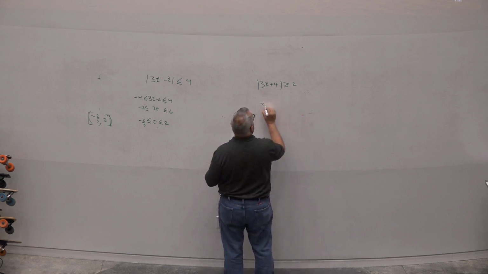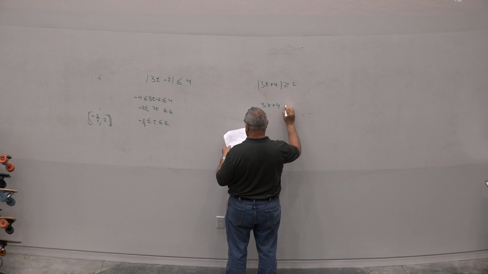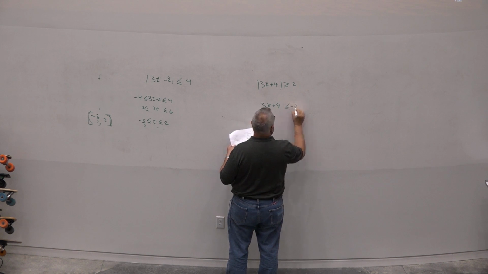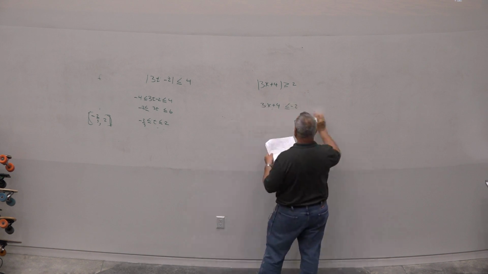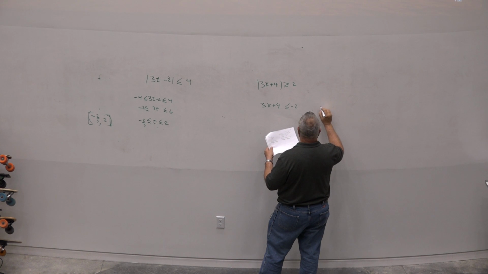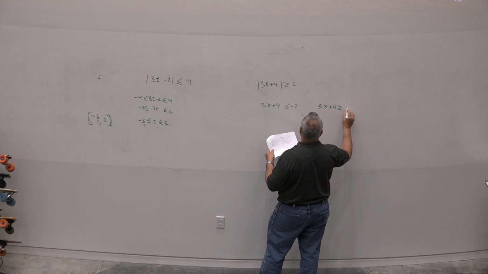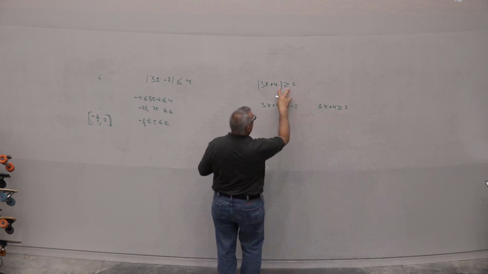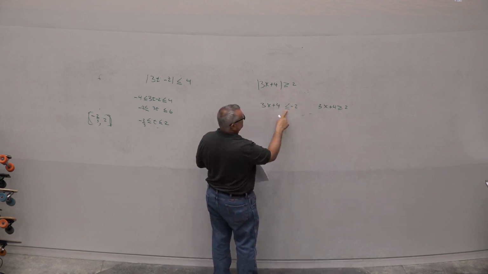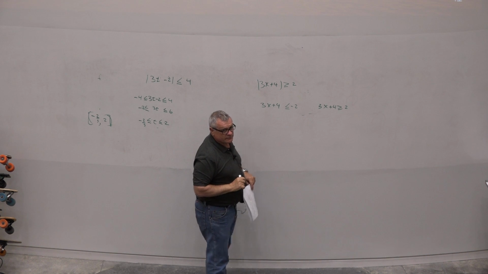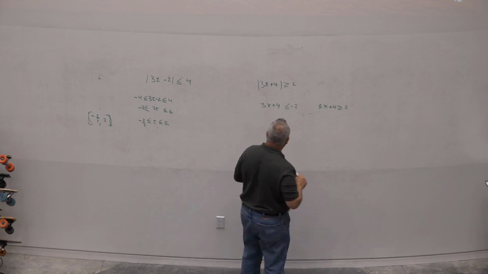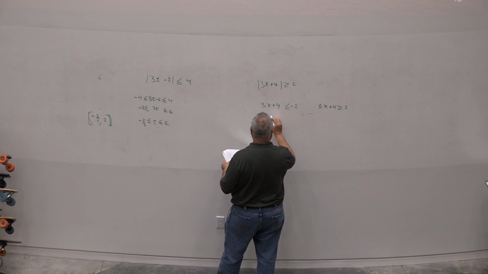So this is going to be 3x plus 4 less than or equal to minus 2. And this is going to be 3x plus 4 greater than 2. So you keep one of these legs, you make the other one negative and switch the sign there. And here again, when you go ahead and solve this,